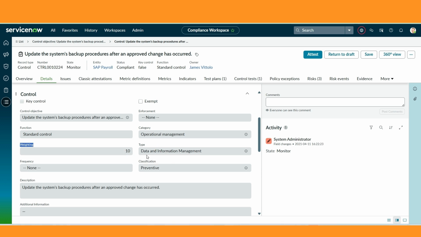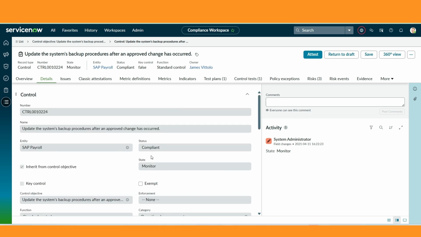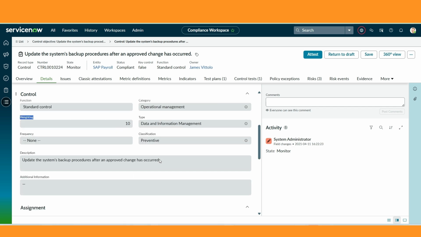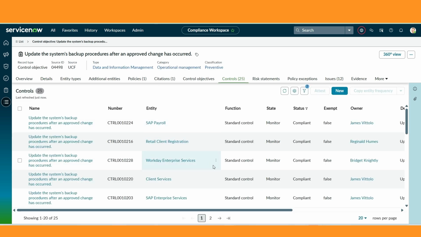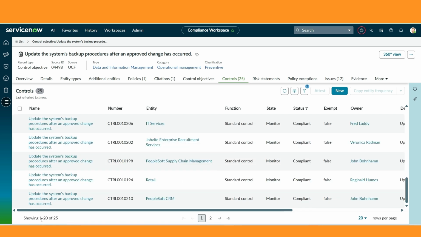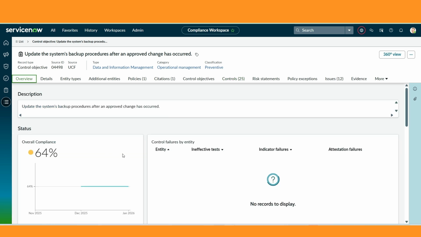So how will it be calculated? 25 into 10, which equals 250, divided by 81 controls, which with a weight of 10 each gives 810. So in total, it will be calculated like 250 divided by 810 into 100, and the compliance score percentage will be shown here